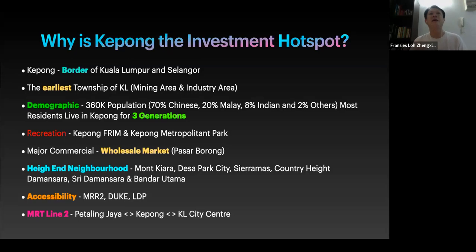So if we mention investment, sometimes investors say a lot of Chinese means that area is good for investment, but maybe it's true, maybe it's wrong. But mostly people staying in Selayang or Kepong or Jinjang, the majority stay together 3 generations, from their grandfather, father, to the grandchildren, staying together in this area. So some people will say maybe it's a very mature place, but I see a mature place